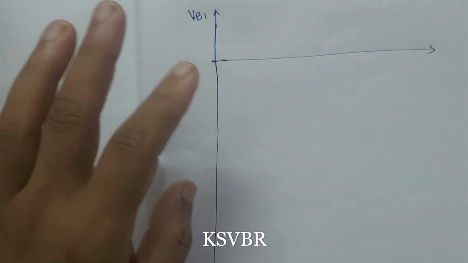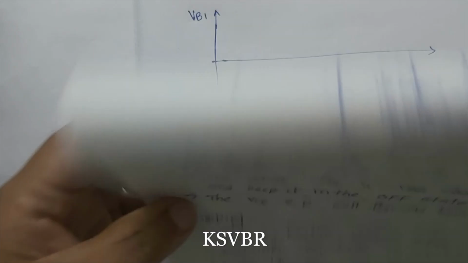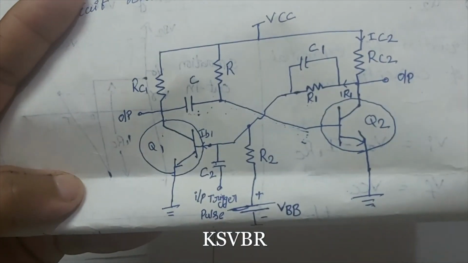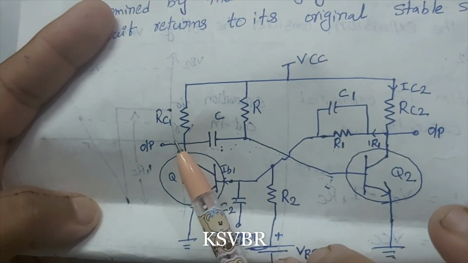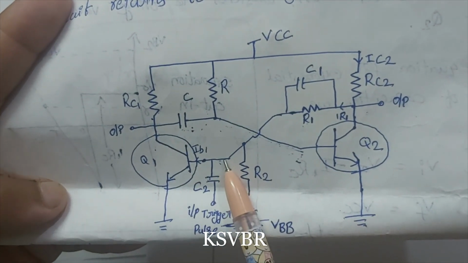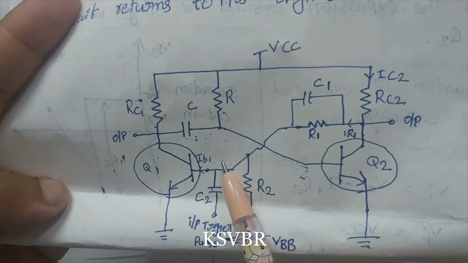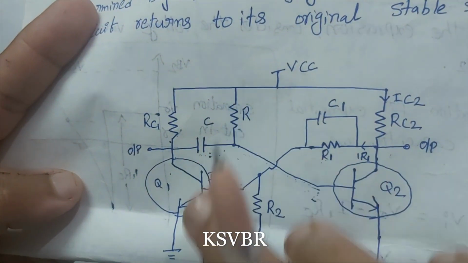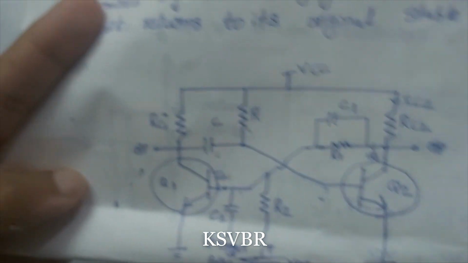If you see the circuit here, we have to draw 4 waveforms at base 1, base 2, collector 1 and collector 2. At base 1, the output will be whether the transistor will be in on or off state. So the output will be having only two states. There is no effect of capacitor on base 1. The effect of capacitor will be only on base 2.